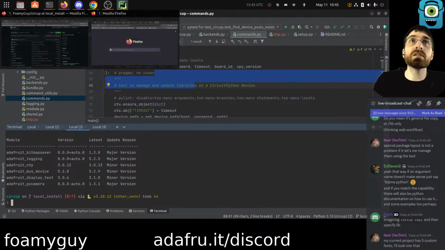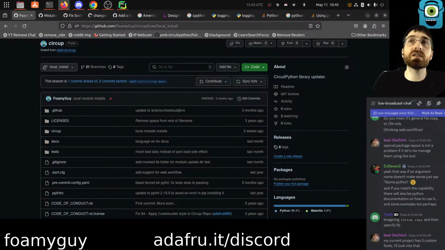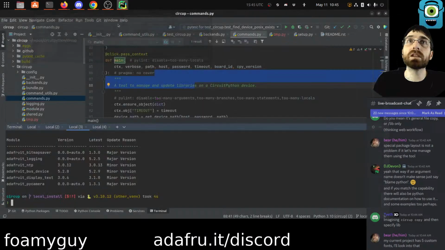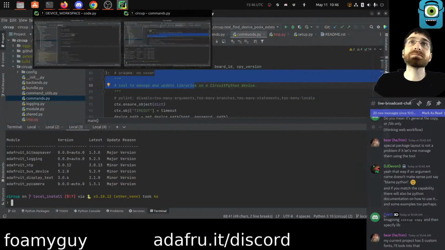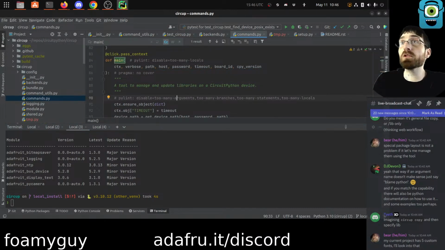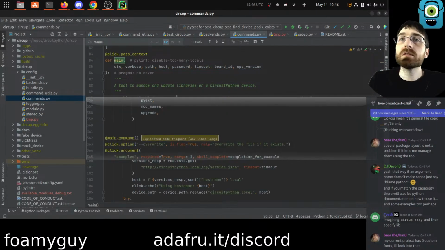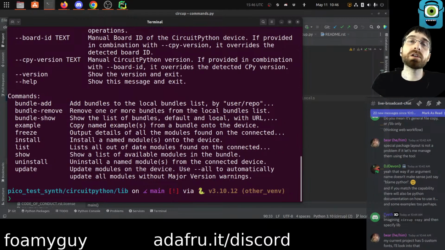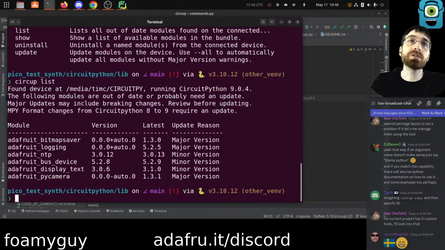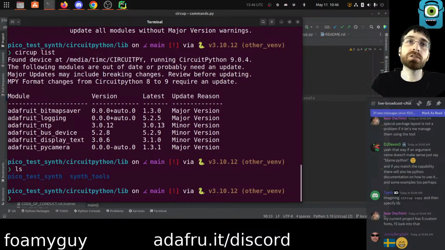The current version is USB only right now, but it is pushed into Circup on my fork under local install. I'm hoping to do web workflow here today, but the first thing I'll do is just make sure it's working. So let's go Circup list of our libraries, which currently do not include any of these ones. So let's just test it, Circup install synth